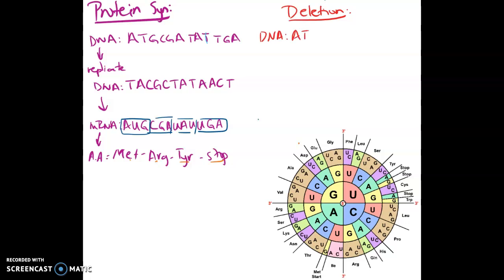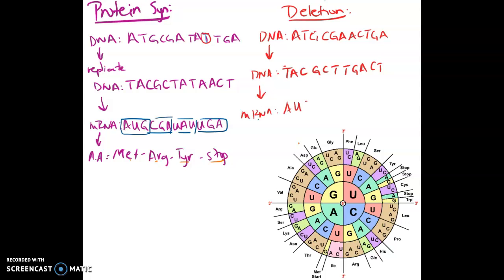Right, so we would have a DNA sequence of ATG, CGA, ACTGA, right, and then that would mean this T was removed, right, and then we would do the same process where we would replicate it so that ATG would bind to TAC, CGA would bind to GCT, ACT would bind to TGA, and then you'd have the G and the A would bind to a C and a T. Right, and then we would have mRNA,